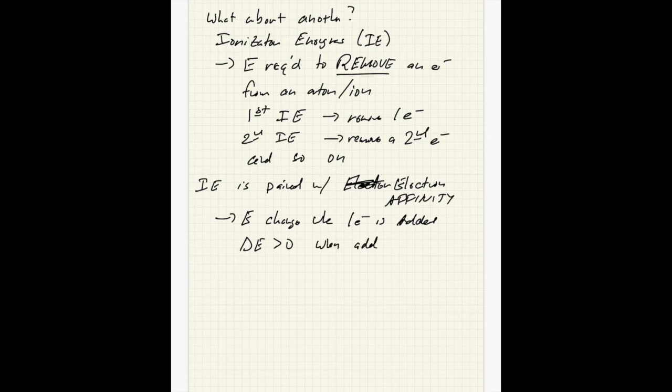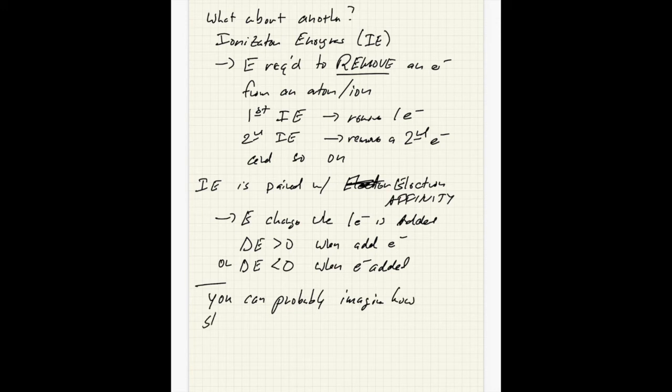So let's look at the sign of the electron affinity, because we know that the ionization energy is always going to be positive. It's a requirement. You need to add energy to the atom in order to get the electron to go away. If you add an electron to an atom or an ion and the energy goes down, that means it's desirable, a positive electron affinity. If the energy goes up, that would be a negative electron affinity. And you can probably imagine how shielding, penetration, and Hund's rule all come into play here,